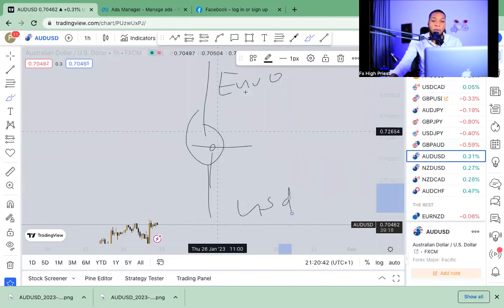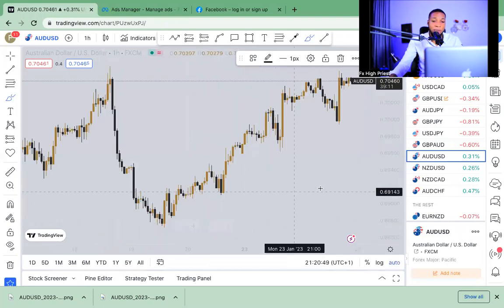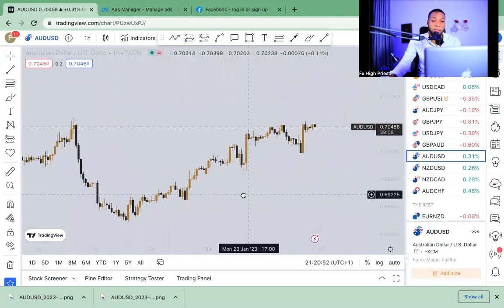Now, the strength of euro is to push the market to the upward side, while the strength of the US dollars is to drag the market to the downward side. That's how it is. If you check this chart right now,